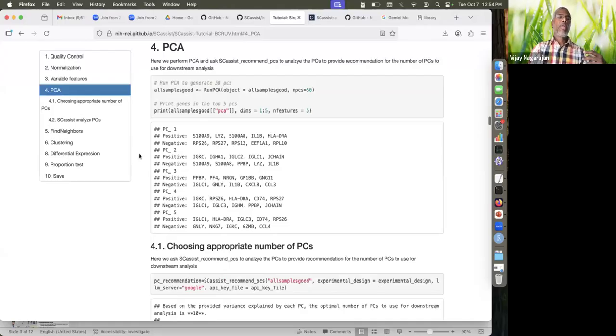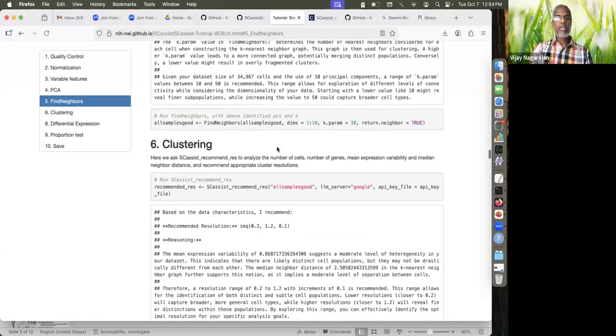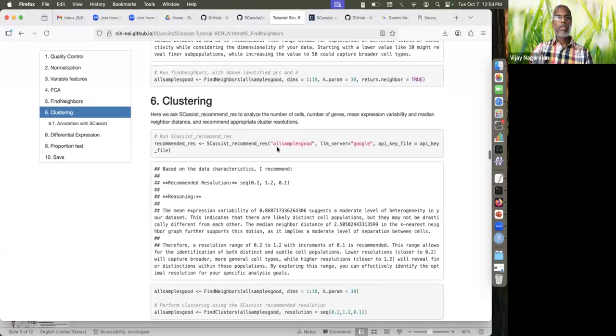PCA, again, it's not running the PCA. The PCA is run by Seurat itself, and SCassist is using the PCA slots. Because it's using the PCA slot, it's not affected by the number of cells. It's going to be the same number of PCs or the same number of genes on average in any number of cells. That's not going to be affected. So finding neighbors, again, after you find the clustering,